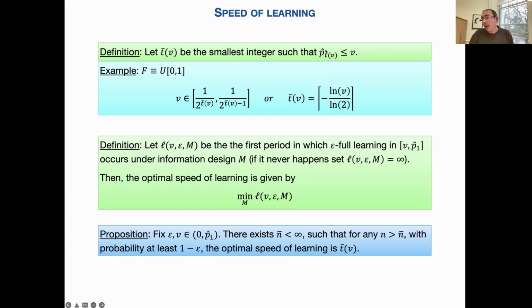The number of periods is exactly the number of periods until this price, called P_V, is reached. This is well defined. This can be defined recursively. It is the optimal price given that the consumers have a value between 0 and P_{V-1} of the previous period, with the distribution. In the uniform case, it's just a half, an eighth, a sixteenth, and so on and so forth. So that's the formula.